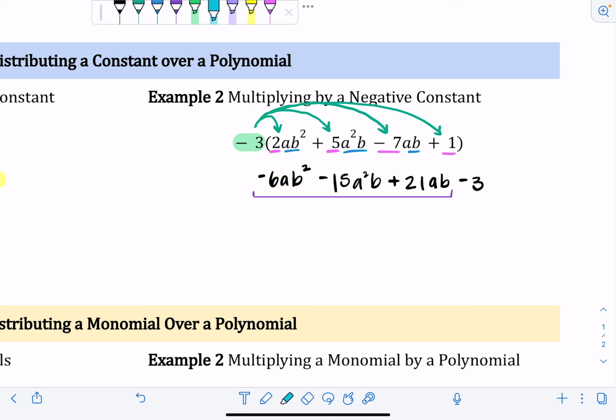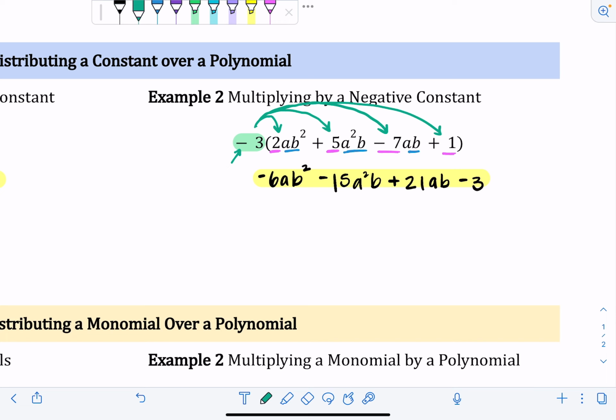So they're not like terms. So this would actually just be our final answer: negative 6ab squared minus 15a squared b plus 21ab minus 3. One thing I want you to notice when we distribute a negative constant throughout the parentheses, all of the original